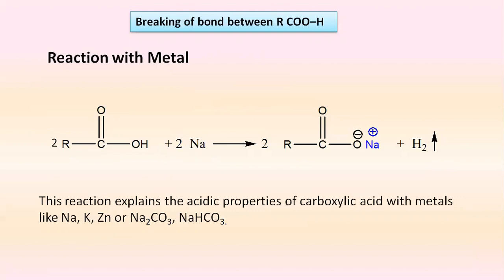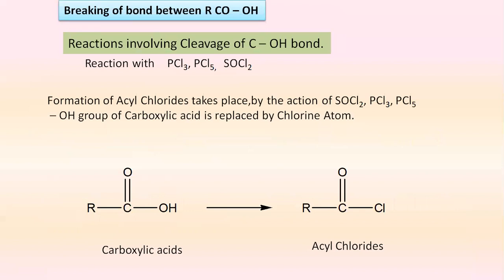It can also form the same type of product when acids react with sodium carbonate or sodium bicarbonate. The only change is that with the metal sodium, potassium or zinc, it shows the effervescence of H2, but with Na2CO3 or NaHCO3, it shows the removal of H2O and CO2. So, as these acids react with metal and effervescence of H2 takes place, this reaction explains the acidic nature of acids.